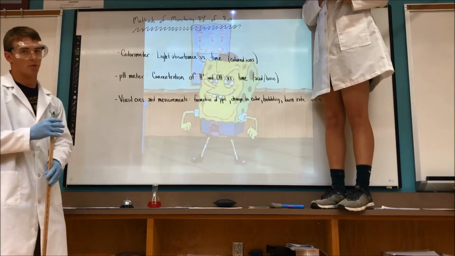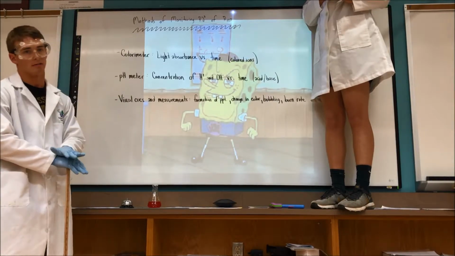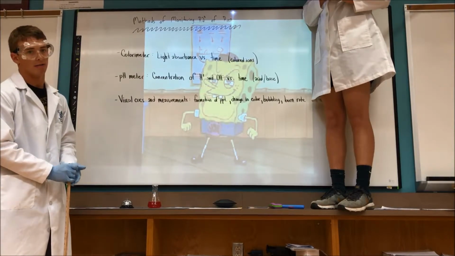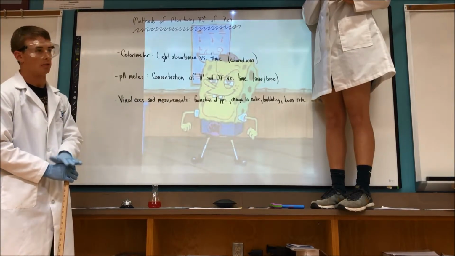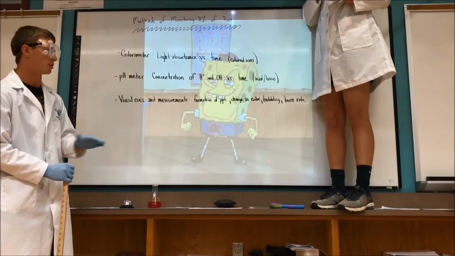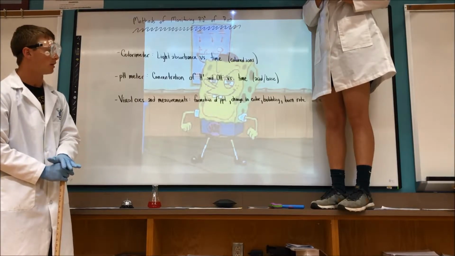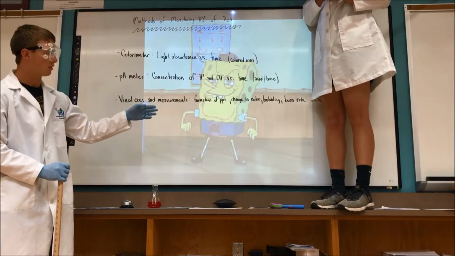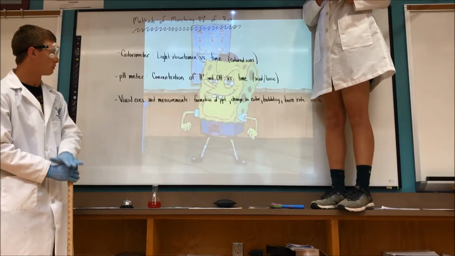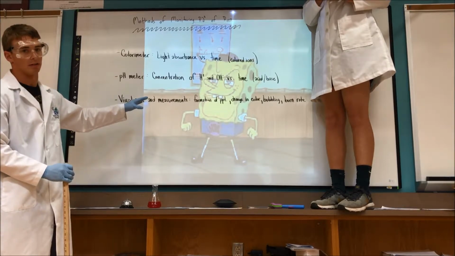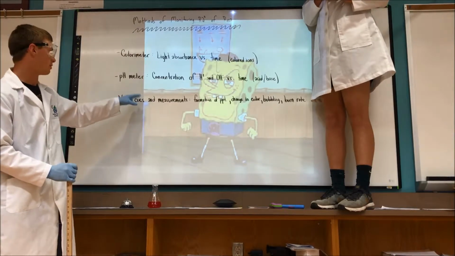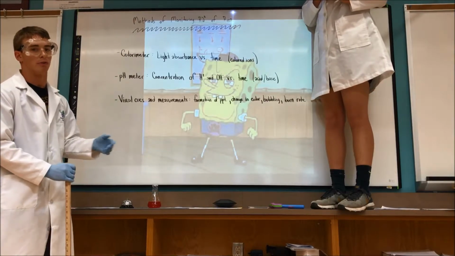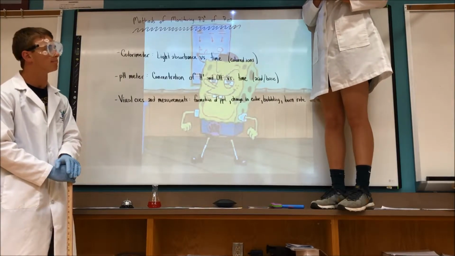And lastly, we have visual cues and measurements. This is a pretty blanket term for a lot of different things. We have just watching how fast a precipitate is forming, change in color of a solution without using the colorimeter, bubbling, and in some cases, like the one that we may be demonstrating later, burn rate. So these things are mainly qualitative. You're not going to get a lot of good data off of them as opposed to the colorimeter and pH meter, but they're still useful for determining how fast reactions proceed.